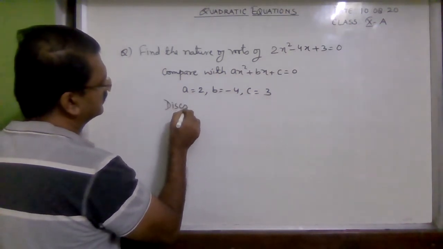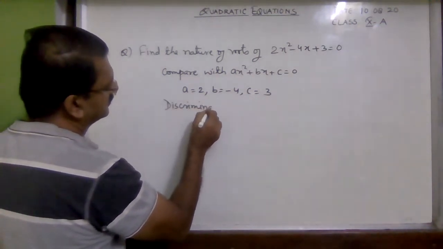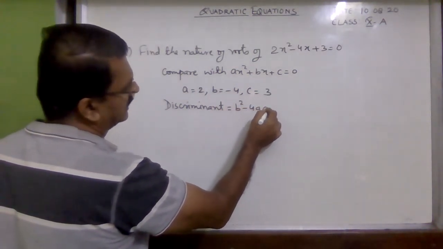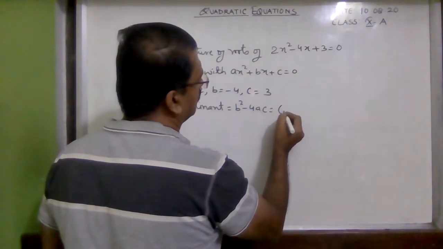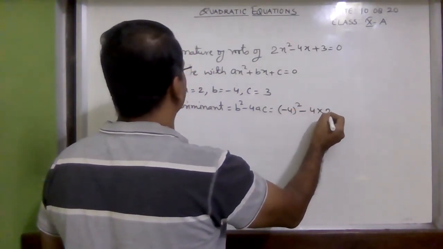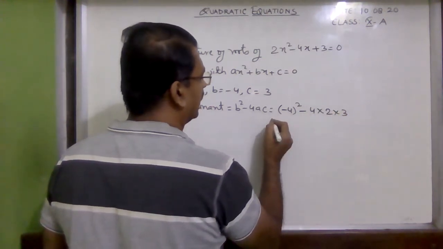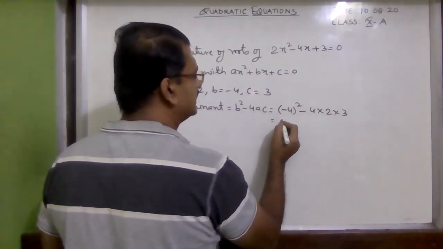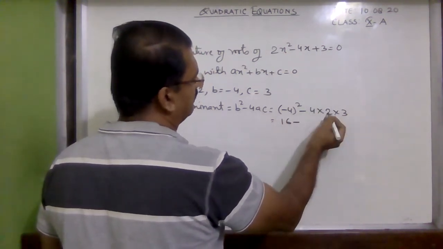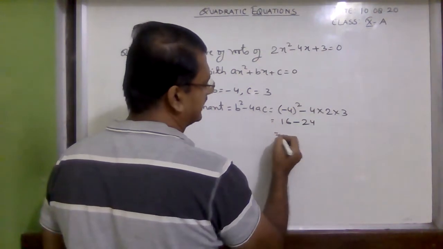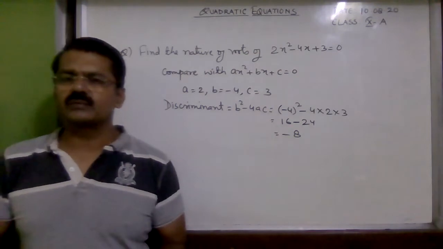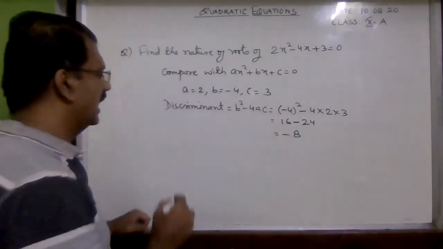Discriminant is equal to b square minus 4ac is equal to minus 4 square minus 4, a is 2, c is 3. Now minus 4 square is 16 minus 4 3 is 12, 12 into 2 is 24 and 16 minus 24 is minus 8. Now you see b square minus 4ac is negative, means less than 0,